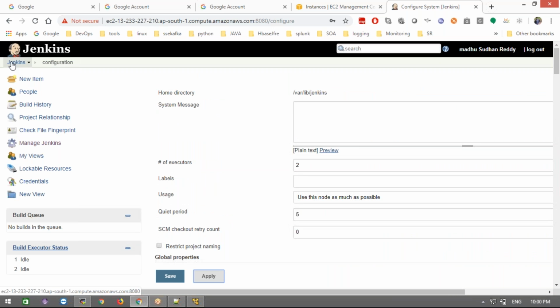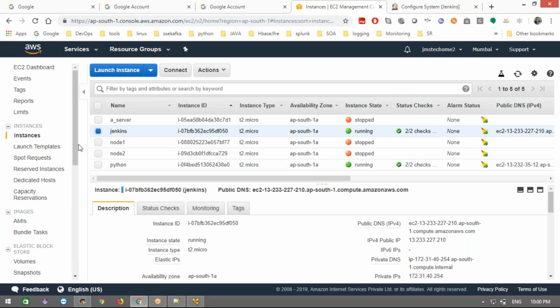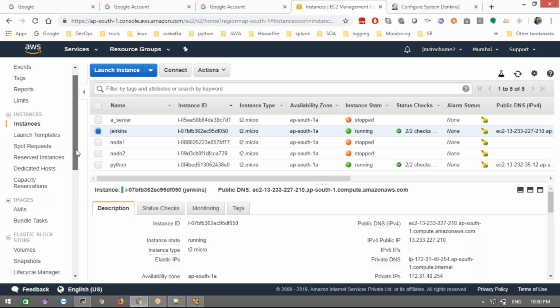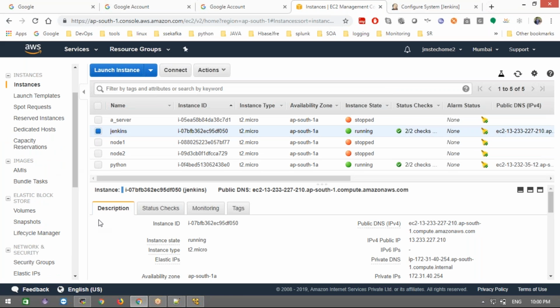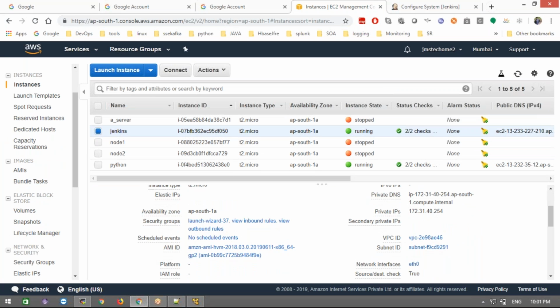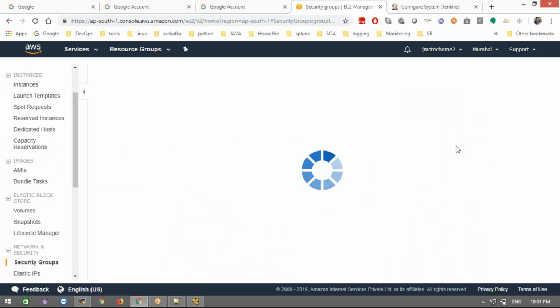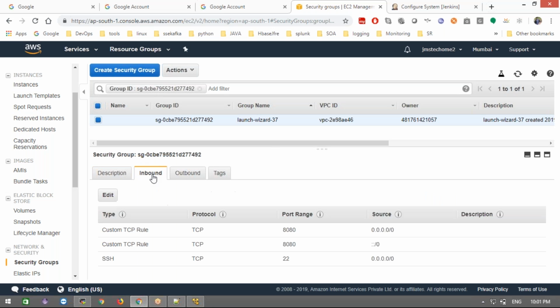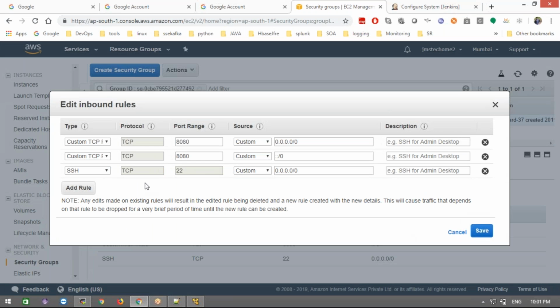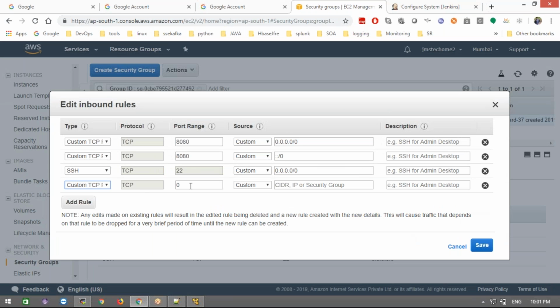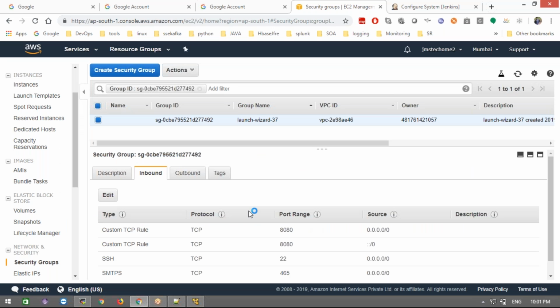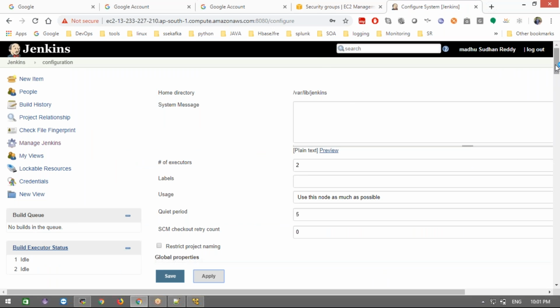Let's go to your EC2 instance. Where do we need to go? We need to go to security groups. We're going to discuss this later on. We need to allow the particular ports here. Inbound, edit this, add TCP protocol and 465, anywhere. Okay, save it, and then just try one more time.